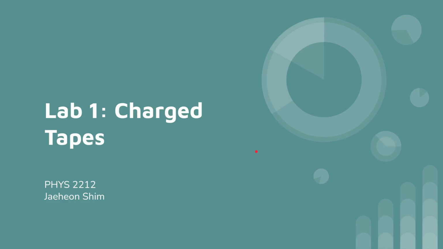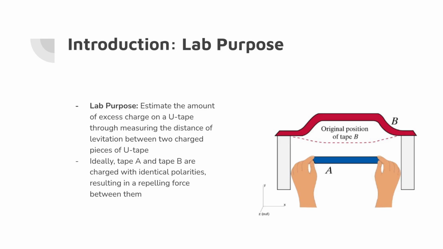This is my lab report video for lab number 1 of Physics 2212, charge tapes. The purpose of this lab is to estimate the amount of excess charge on a U-tape through measuring the distance of levitation between two charged pieces of U-tape. And ideally, tape A and tape B will be charged with identical polarities, which will result in a repelling force